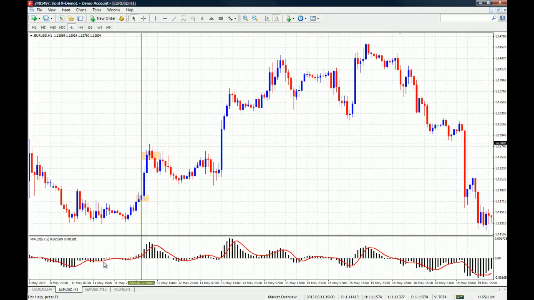So we waited for the signal line to cross above the zero level, and for volume to come into the market. This is what's good about the MACD. It not only shows you where the bulls and bears are, but it also shows you when they are coming into the market. So we wait this thing out, and right now, because we are in an up move, we are only going to look for